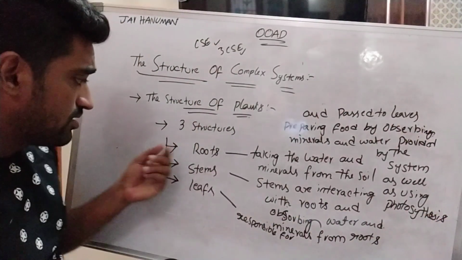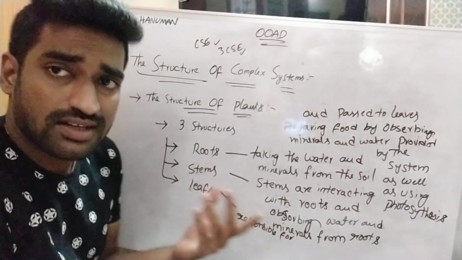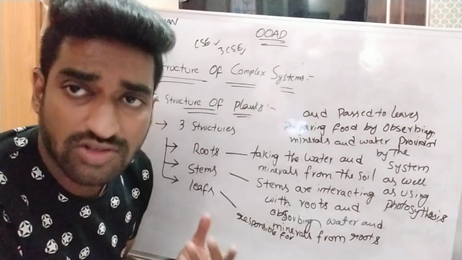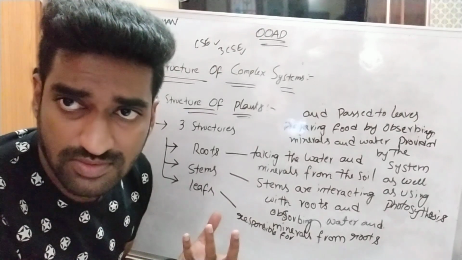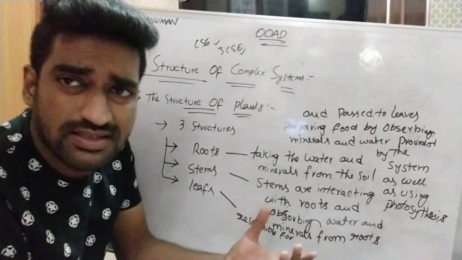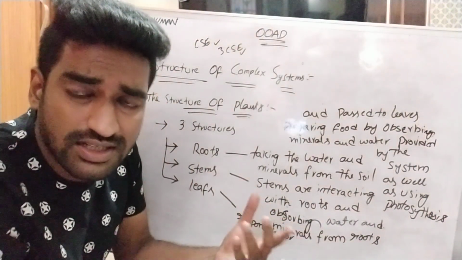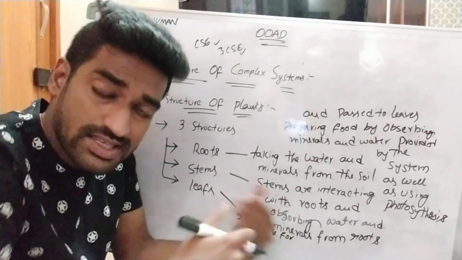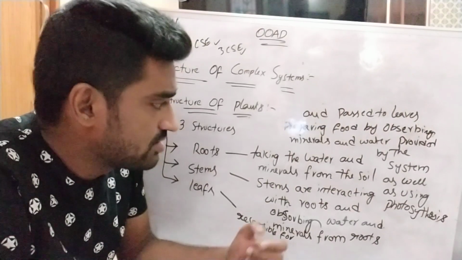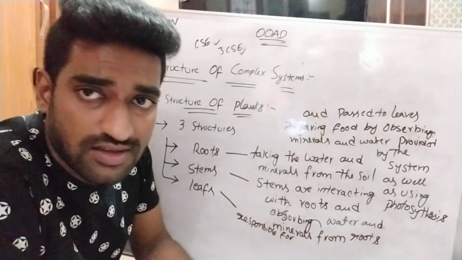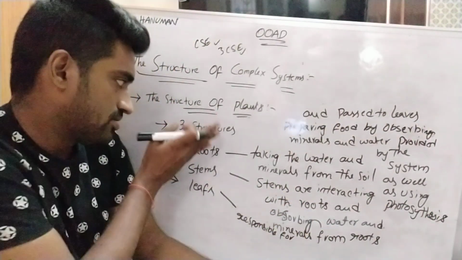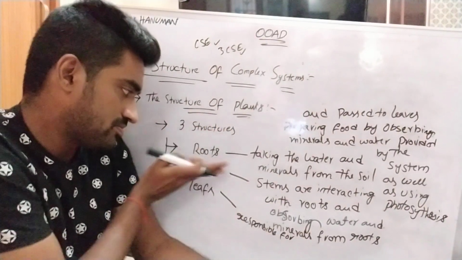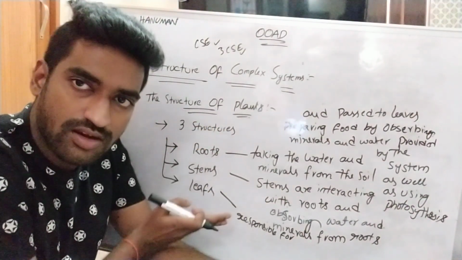Again, roots, stems, and leaves contain some elements: cytoplasm, chloroplasts, cytokinins, mitochondria, so different elements are there. This root can be divided into several components, right? These are the major responsibilities of plants. Here this system is also divided into several components as well as